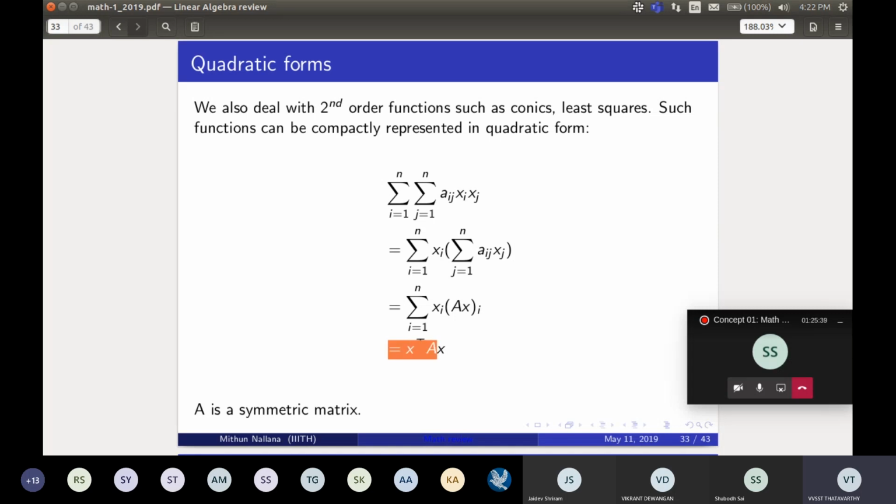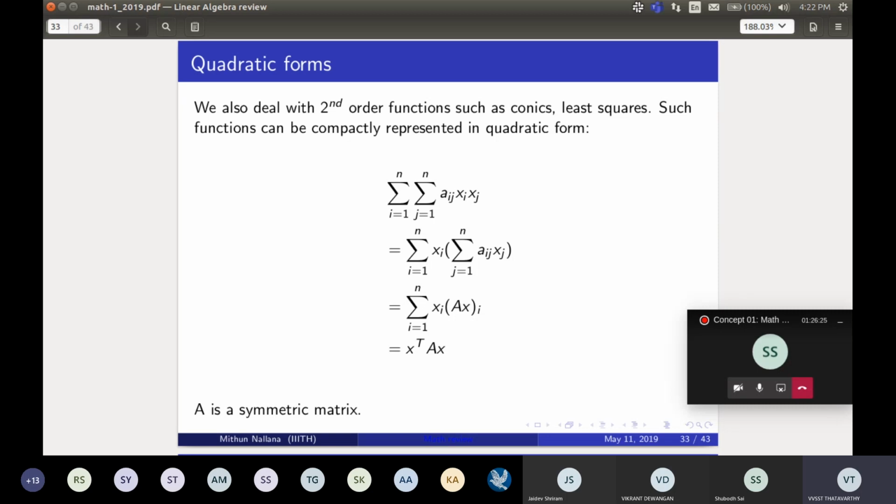If you take a symmetric matrix, that will satisfy this, because each product term of each individual element of x is xi xj into aij. So aij is the coefficient here. Performing some operation here, you take the xi out of the summation and then represent it in this way. Ax is a vector again, because A represents a matrix and x represents a vector. So Ax represents a vector and A can be taken as a matrix now. Now you do the summation, and you say x transpose Ax. So you can represent any second order function in terms of a symmetric matrix.